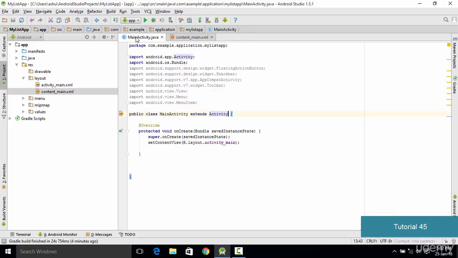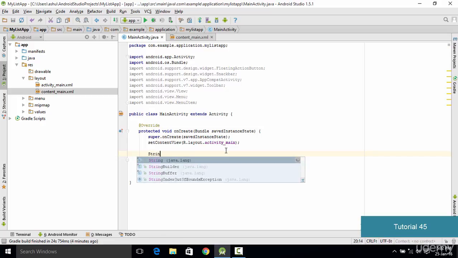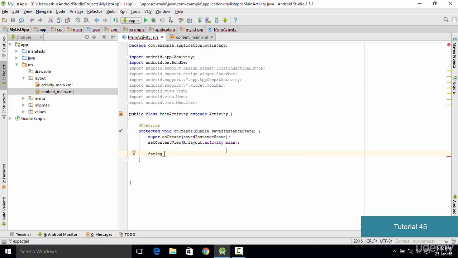So we go into MainActivity.java, which is our Java file, and inside the onCreate method we are going to design a simple array, and that array is going to be used to store string values. We type String, then for the array representation we have the square brackets, and then we name our array fruits,